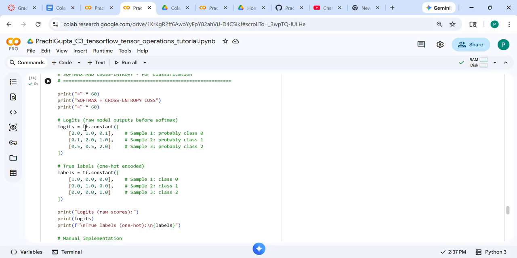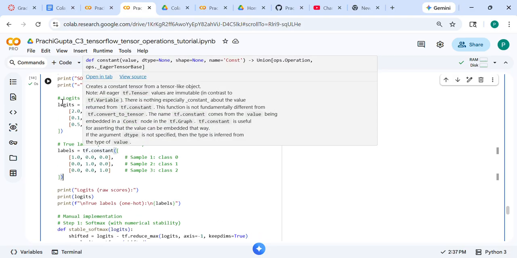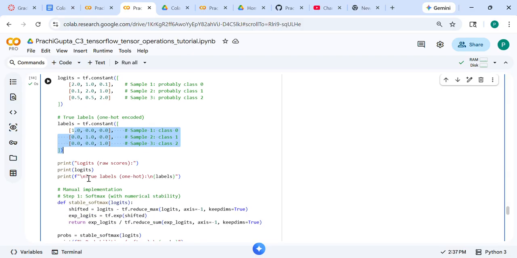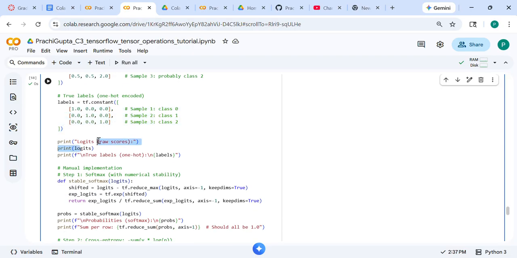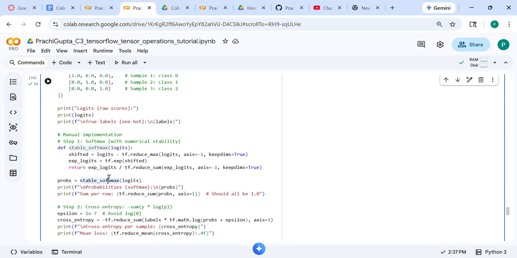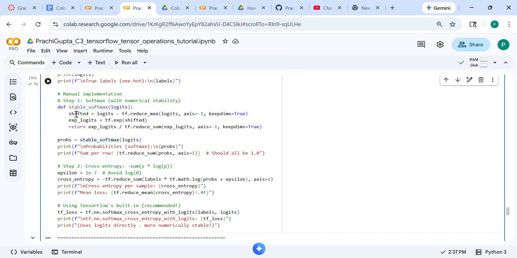So let's suppose this is one of the classes, and this is another class that we have created. These are all our raw scores, and this one is one-hot encoded. Once we print it, we'll see the true labels, also one-hot encoded. Then how do we implement softmax? We'll define the function where we will